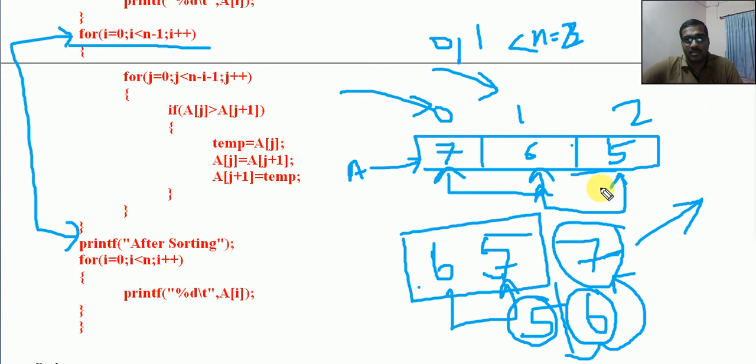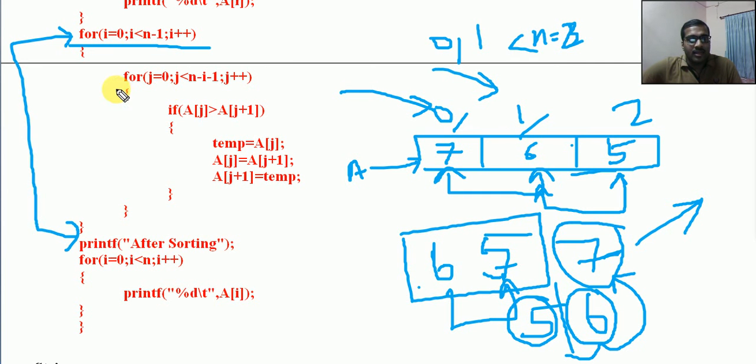See, here we have done 0, we have done all these, and 1, the same thing. But the next iteration we don't require, because before that it is already sorted. So it is not less than n, it is less than n minus 1. n is 3, n minus 1 is 2, less than n minus 1 means up to 1 only, 0 and 1 only. Hope it is clear.